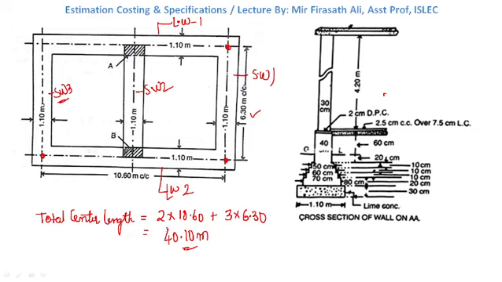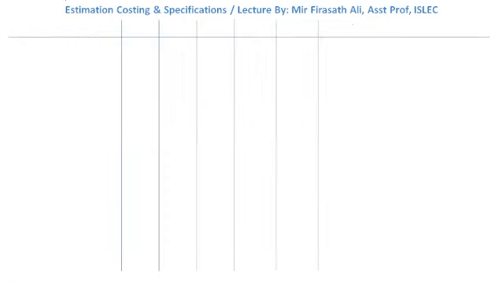So, now what we need to do next? By using this total center length for long wall and short wall, we need to make some deductions based on the cross sections. And what we need to do? We need to formulate the table. The table is as follows. Last time also we have seen it in the long wall and short wall method. So, first is particular. This is numbers. We have length, breadth, height or depth. This goes for quantity, and here remarks.